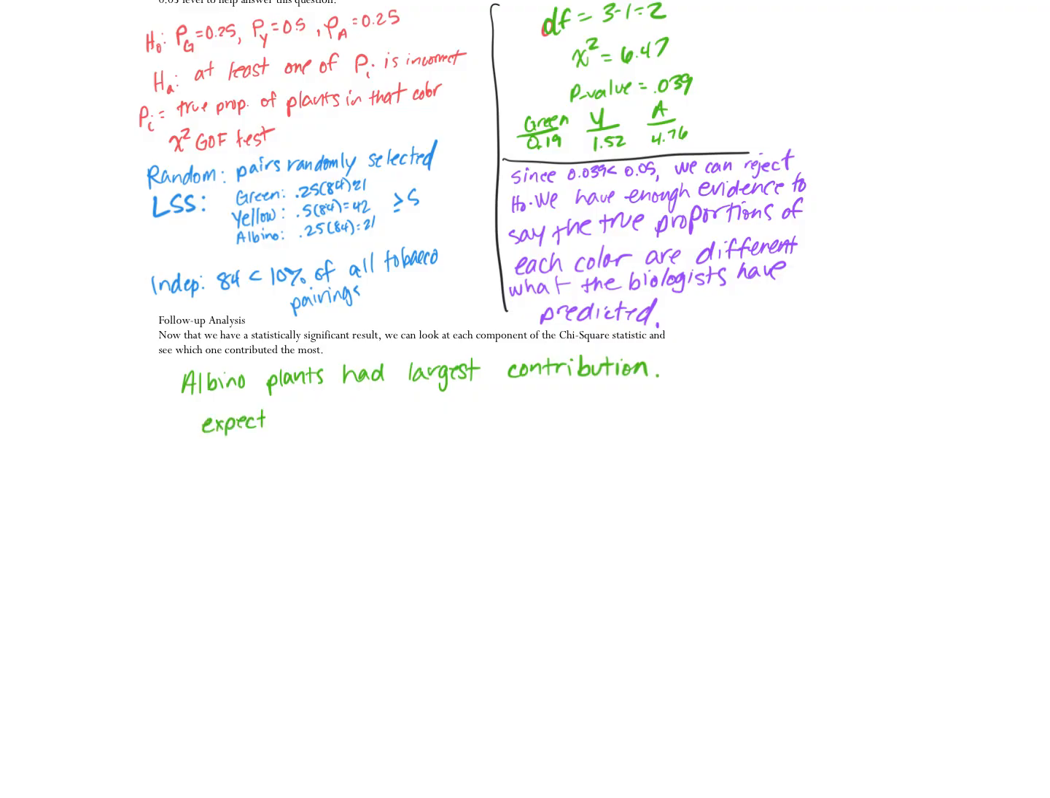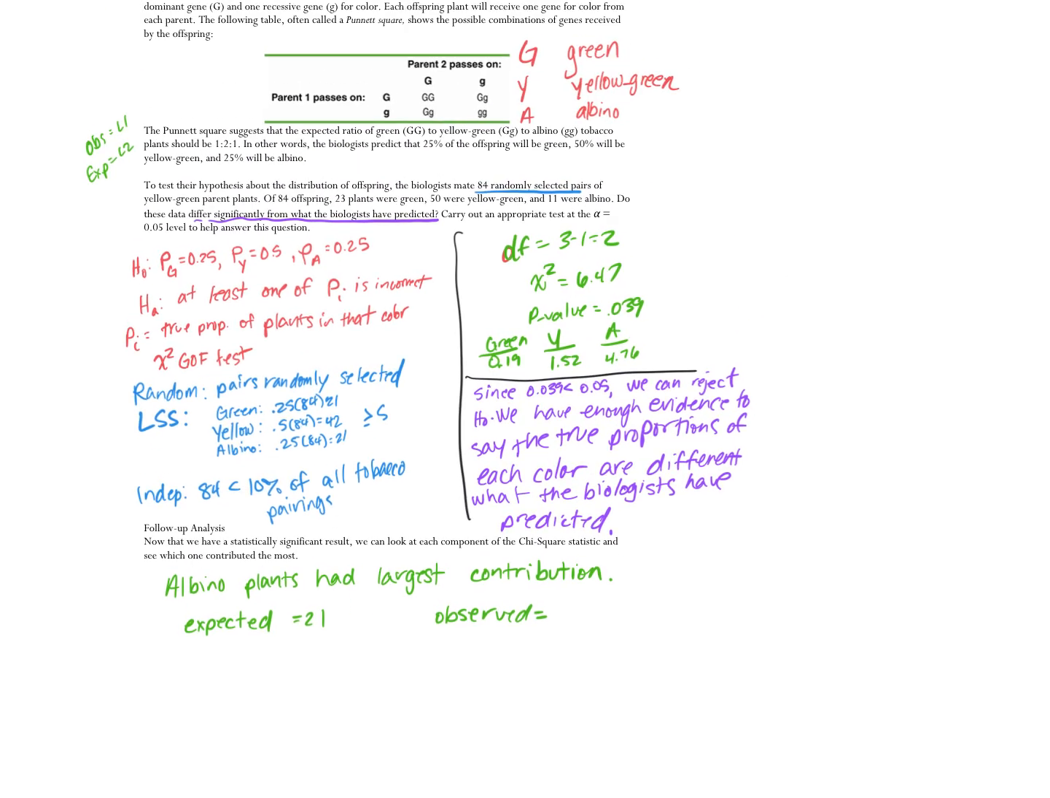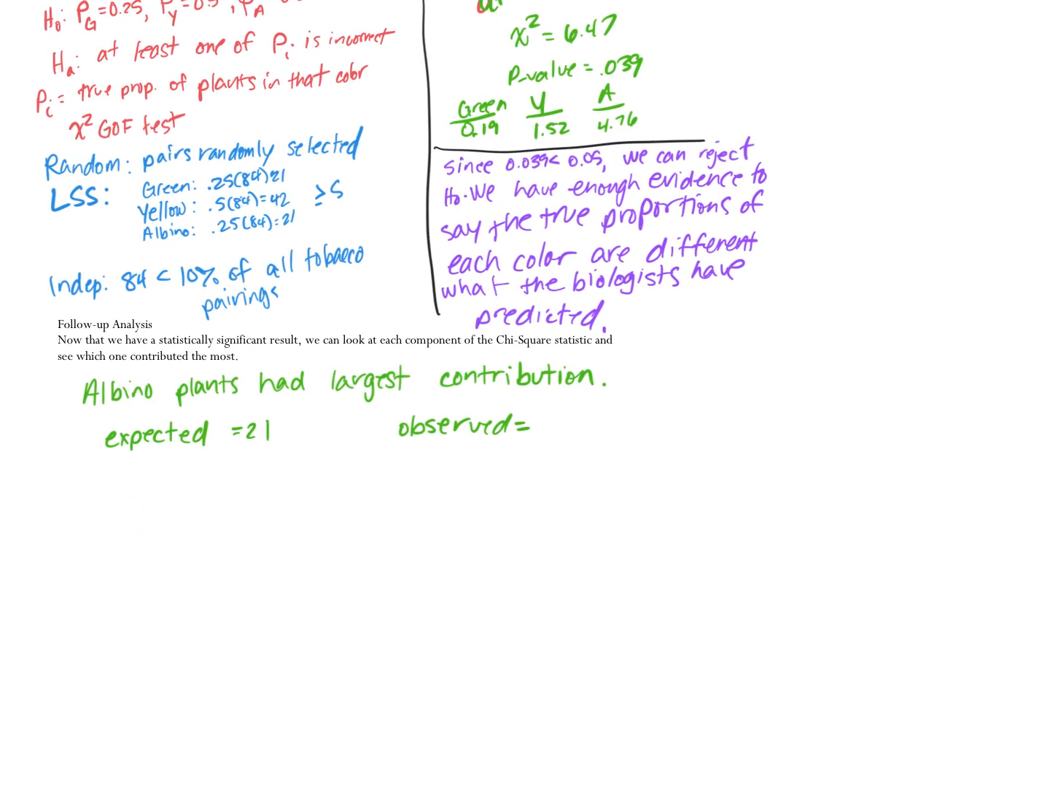And in this case, our expected was 21. And what actually happened was 11. So when I say the proportion of plants that were albino is the one that's incorrect, how is it incorrect? It's lower because we got less than we expected to get. Is everybody good? So it is likely,